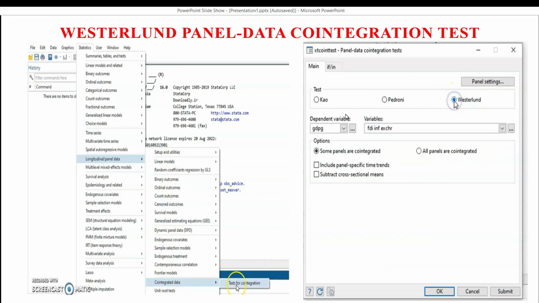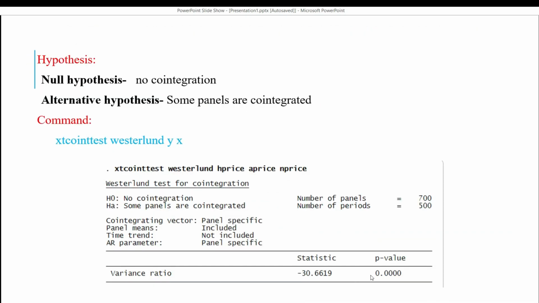Then you select your dependent variable, and you can select your independent variables. And here there are basically two options. You can select the alternative hypothesis that some panels are cointegrated, or you can select all panels are cointegrated. So if we first execute that some panels are cointegrated, we have to select that here, then you have to click on OK. After that you will get the result like this, and again we have to look at